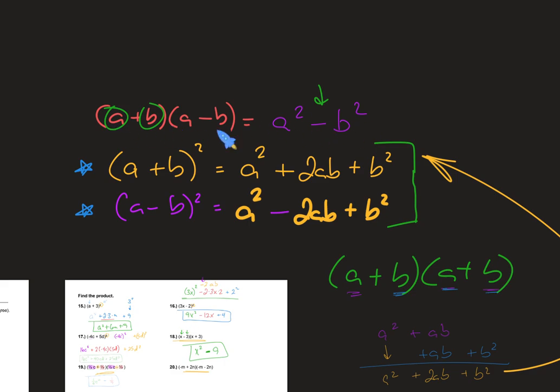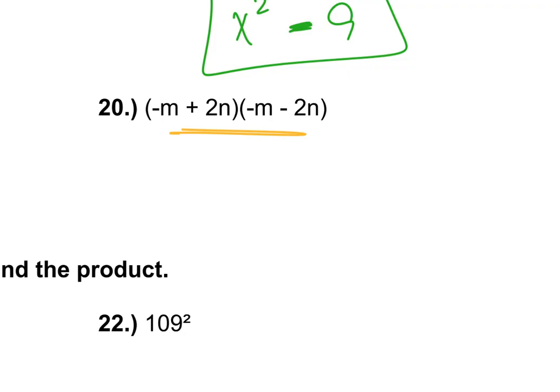In fact, this one has the term difference of squares. I'll write that down. This thing right here. Difference of squares. Okay. So now we have m squared. We have 4n squared